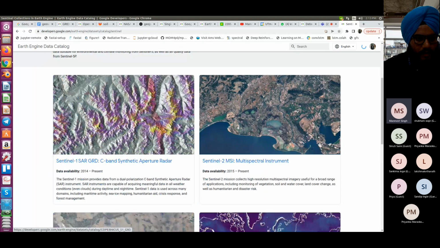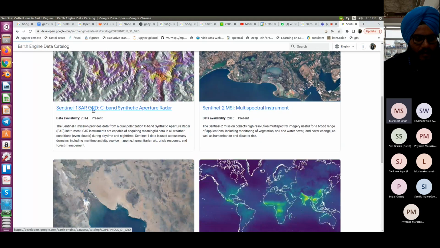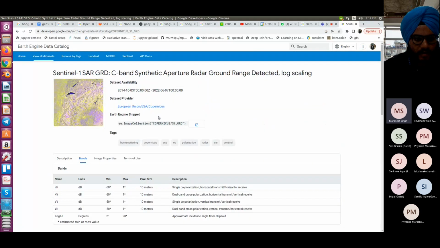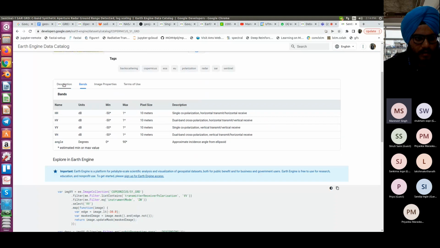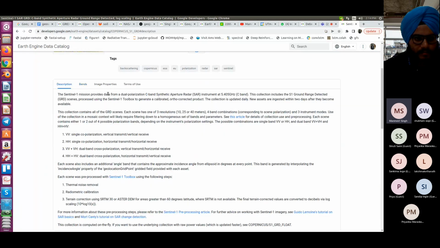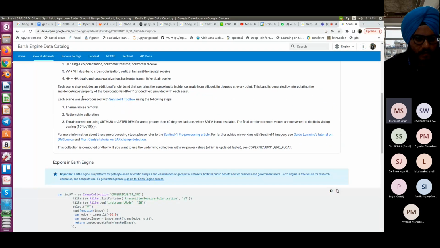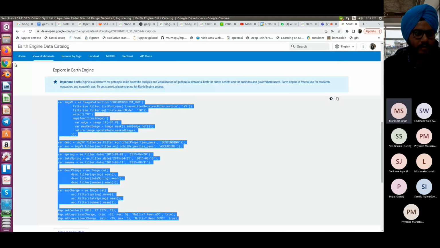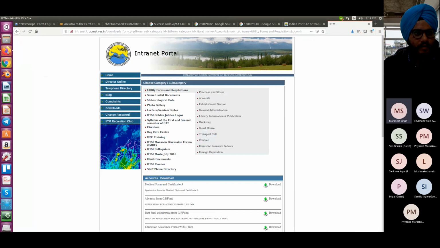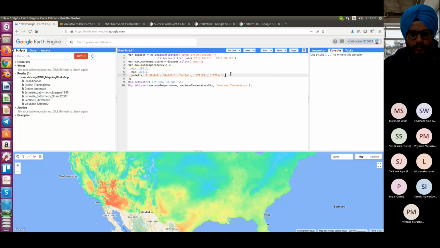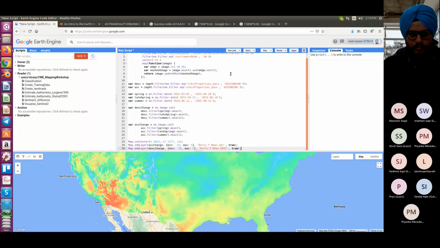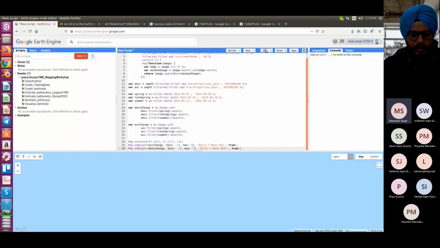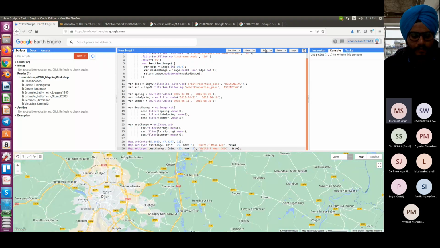So this is all about the Sentinel-1 mission, and there are different products available for it. There is this Sentinel-1 SAR C-band synthetic aperture radar. You can see the description. This is the same thing that we saw, and we have the code here. If you just paste it in the code editor, so here we saw this was the code editor. If you run this inside the code editor,